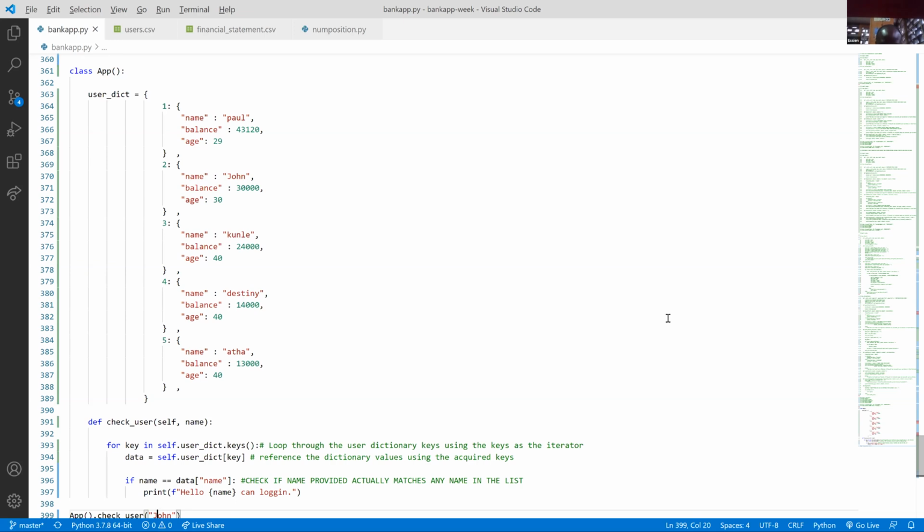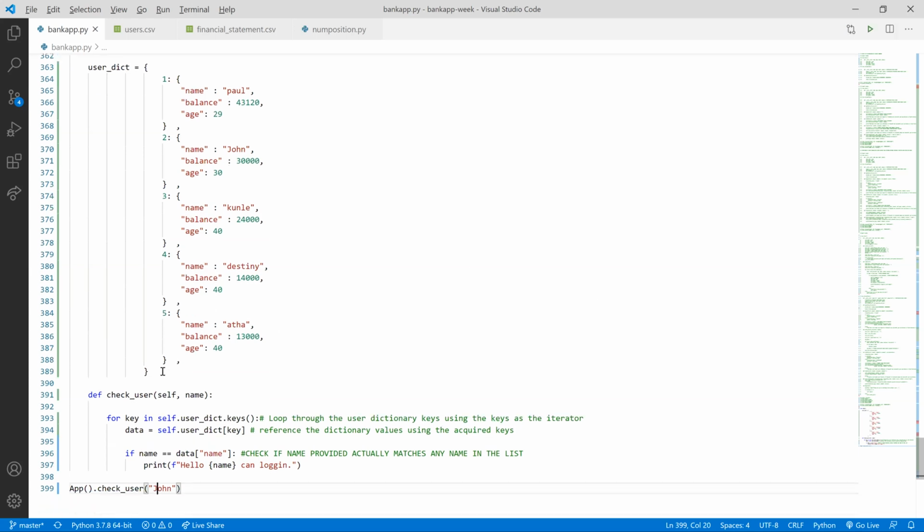I understand this part that you've done. But how do you make sure that the first name given in the constructor is same as the name that is inside the class variable, which is this dictionary? And if it is not, the person is not allowed to log in. I don't know whether you understand. Yeah, I understand. So in this case now,